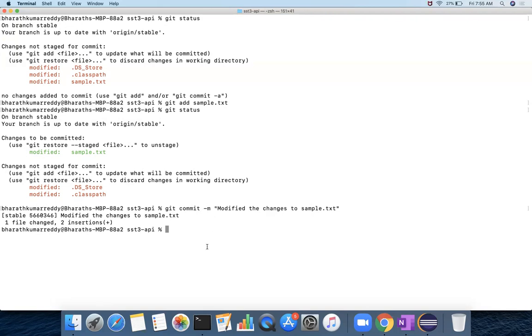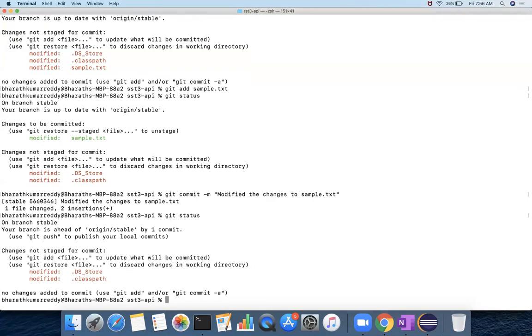Once you do that, one file has changed, 2 insertions happened, and when you check git status, you now see only 2 files. You cannot see sample.txt, the committed file, in the changes. But you can see one extra line which says your branch is ahead of stable by 1 commit.